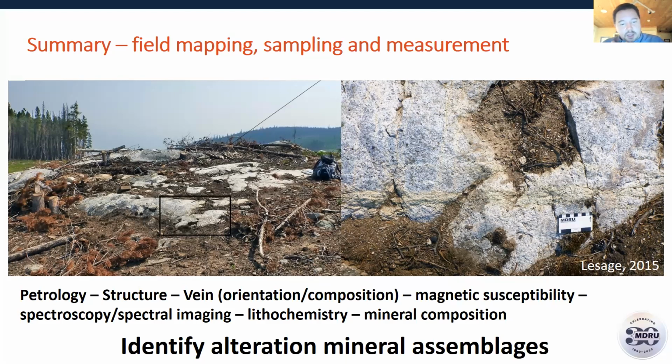Spectroscopy and SWIR and hyperspectral imaging and lithochemistry, again, collecting as much information with the understanding that you may not ever get back to that outcrop in question. And oftentimes, unless there's a mineral of interest, we don't. So it's very important, because these distal alteration assemblages are very key to knowing where you're at in the system. So it's getting away from that, looking for the